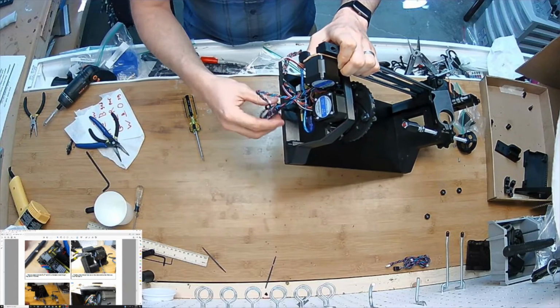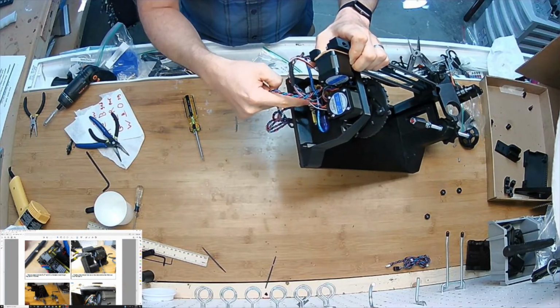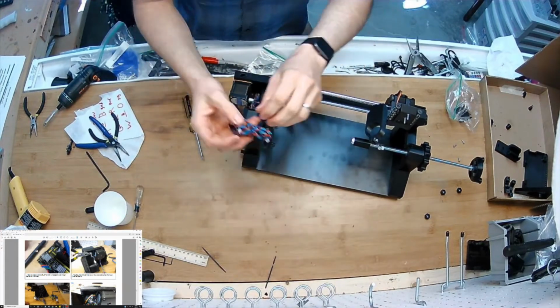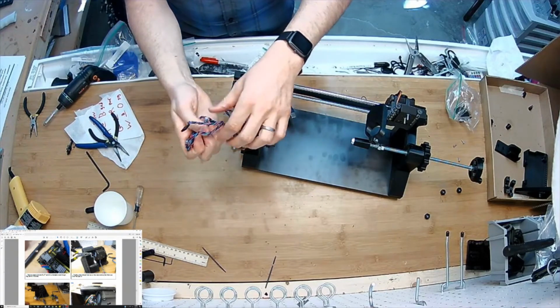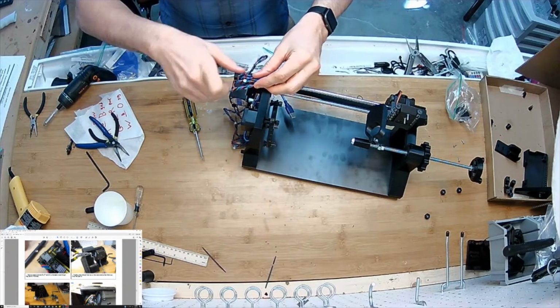So this motor, black wire is on that side of the center driver. It's like that. To be very clear, I know I just said the same thing like 4 times in a row, but better safe than sorry. I'm going to do the same thing with this one and use its little rubber band to